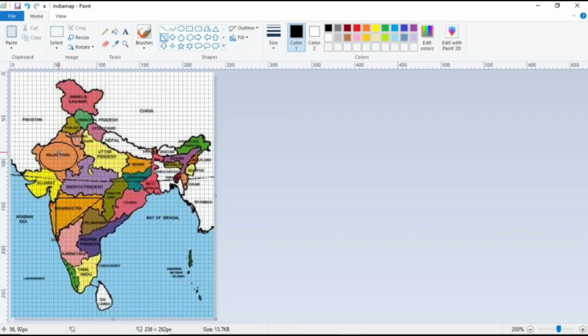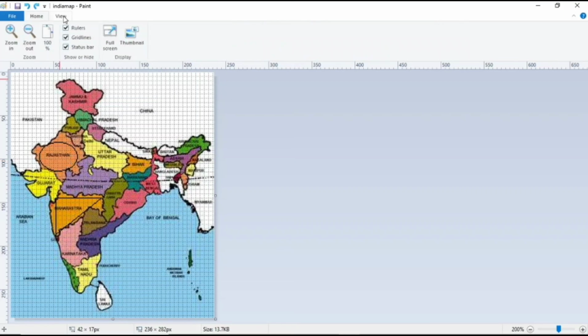Now what you have to do is, first you get the image, open the image in Paintbrush. The software that we are going to use is Paintbrush. Now first figure, let us consider this example of the state of Rajasthan. I have drawn a circle. The first step you have to carry out is to open the image in Paintbrush.